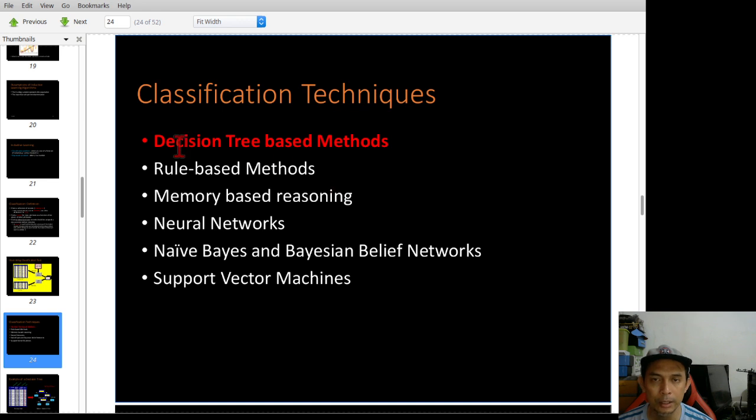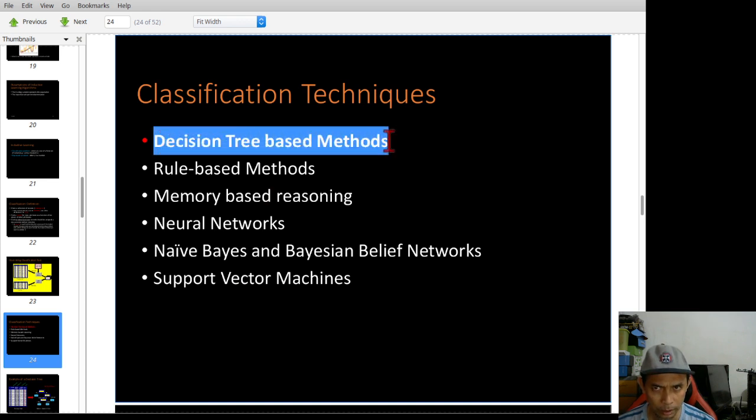One is decision tree. You can apply rule based, you can use memory based reasoning, you can even use neural network, Bayes, or even support vector machine. Support vector machine we already covered in the last lecture. In this lecture we focus on decision tree.